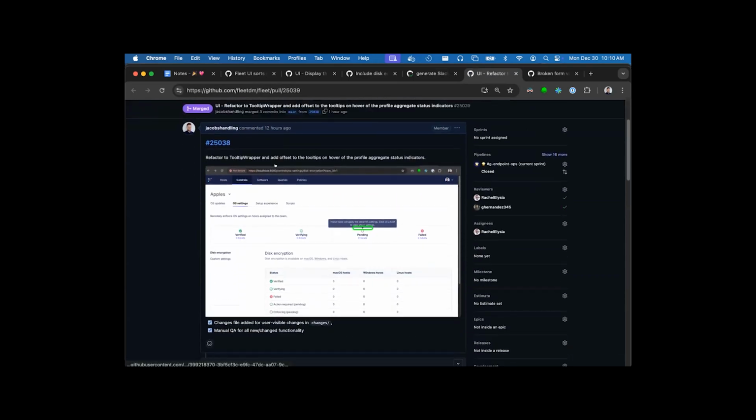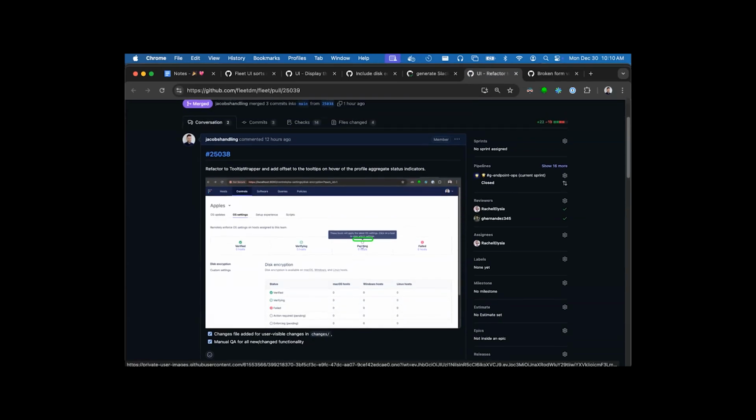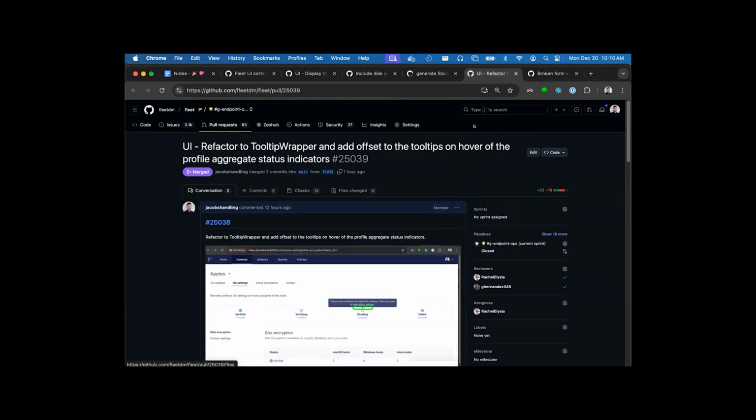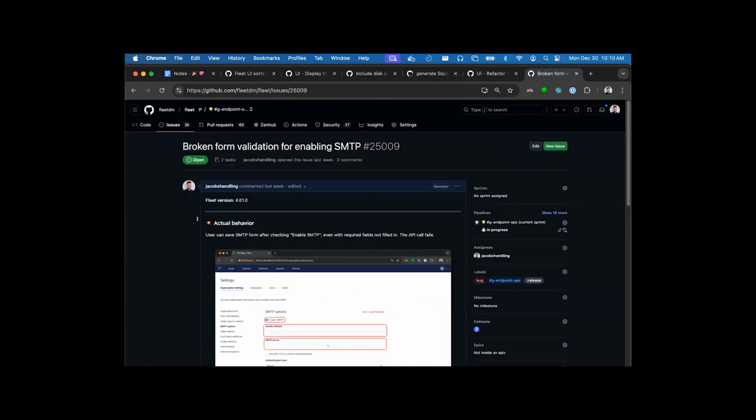We were using one of our old components here and just updated that to use the new one, which gives us this nice, easy ability to control how far away the tooltip shows up from its base. So that's just a style improvement pretty much. And